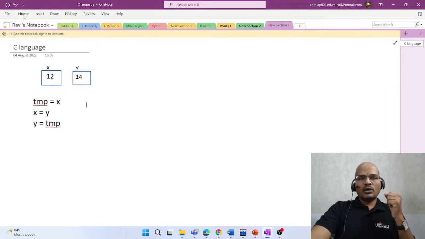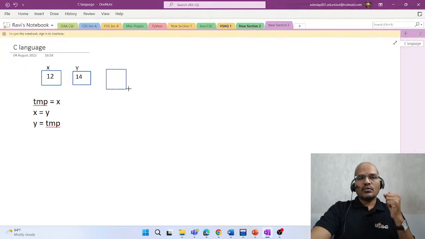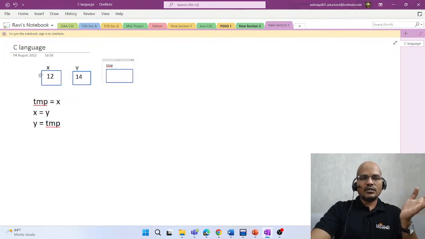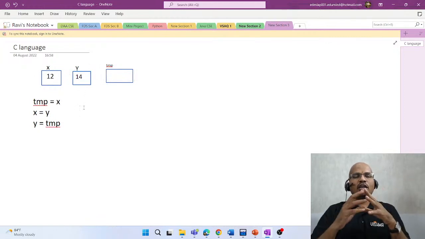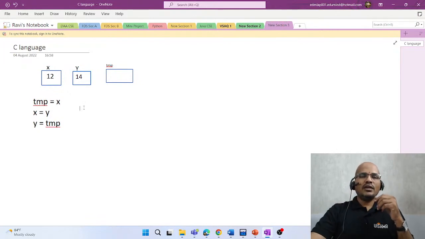So initially what happens, you will be getting a variable called temp here, and in temp you will be writing the values. So initially you push 12 here, 12 comes here, and then you push y to x, and then the value of y will be the value of temp. So it's all exchanging values of x and y using temp. So nothing new in it. This is the logic we are taught as a first year student. And then going ahead,